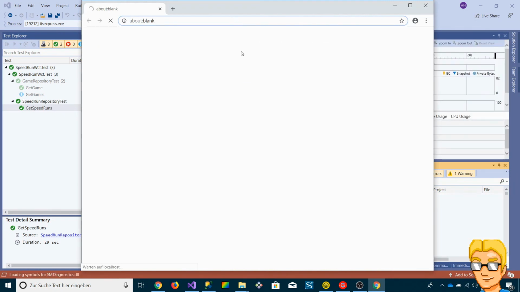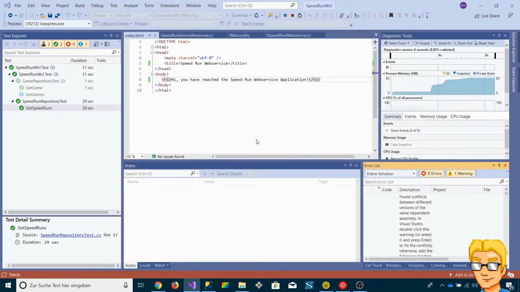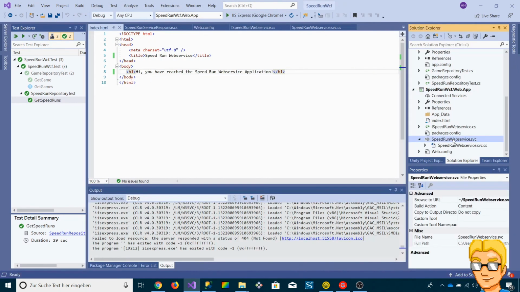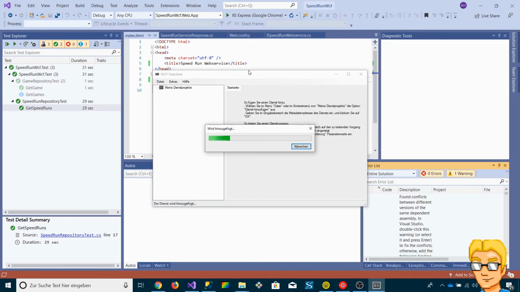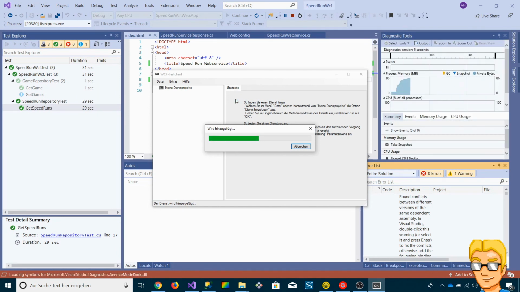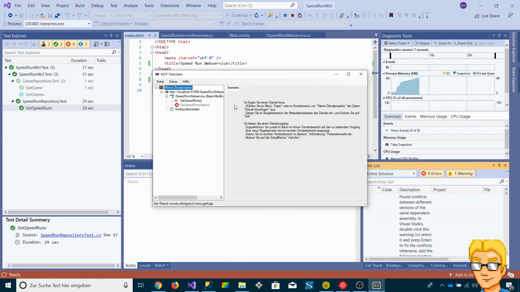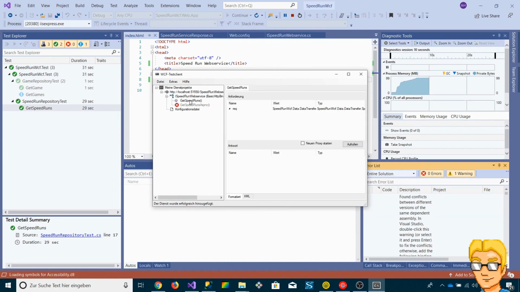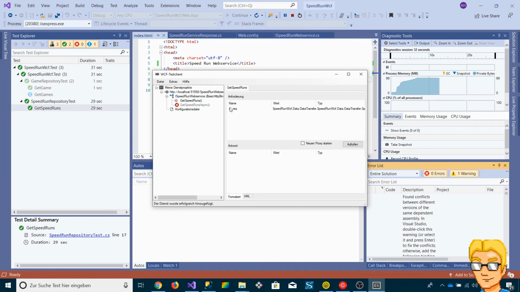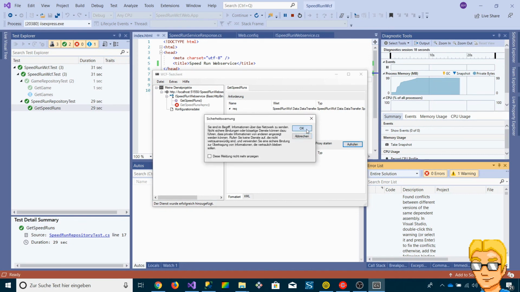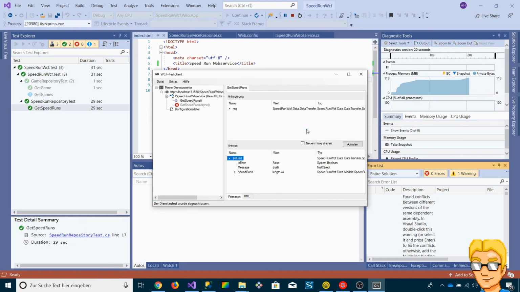I didn't mean to open the index page, but thank you. We need to select this file here and now click start or run. Double click the get speedruns service operation and then click call. Is error is false, and we have no error message, and we have speed runs,